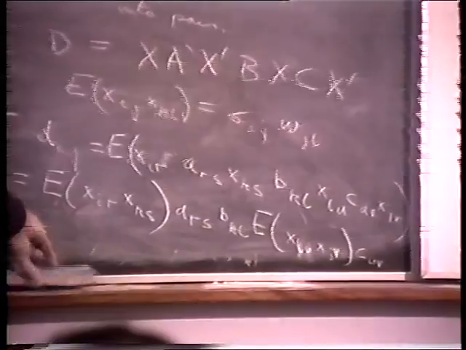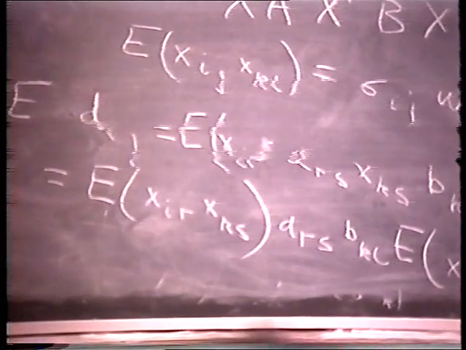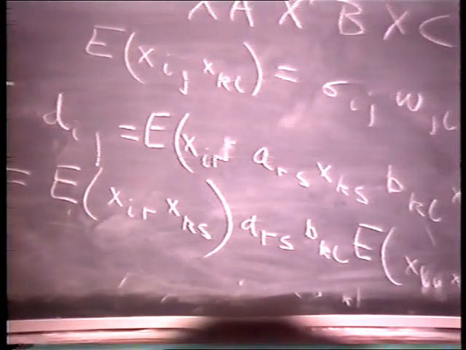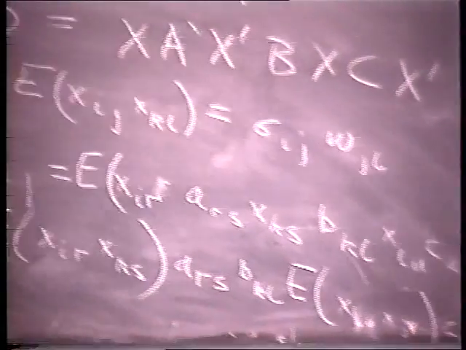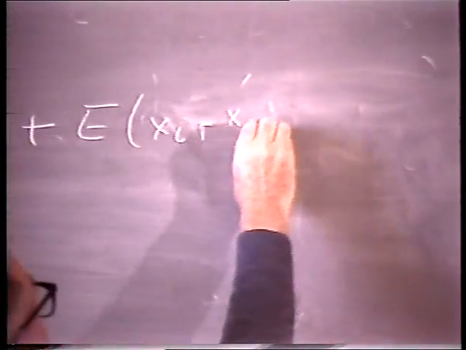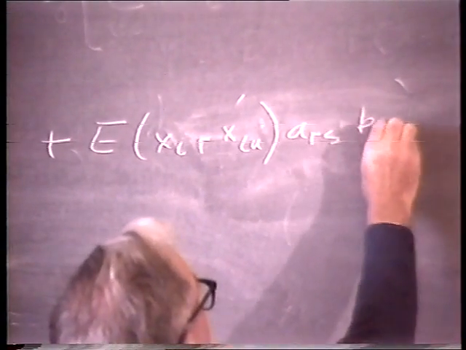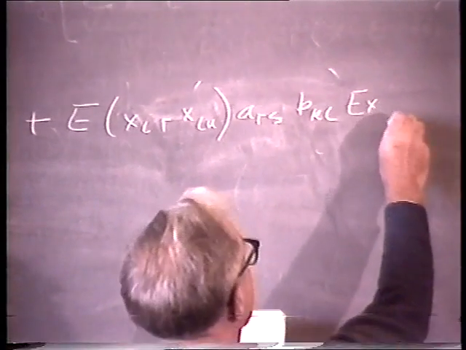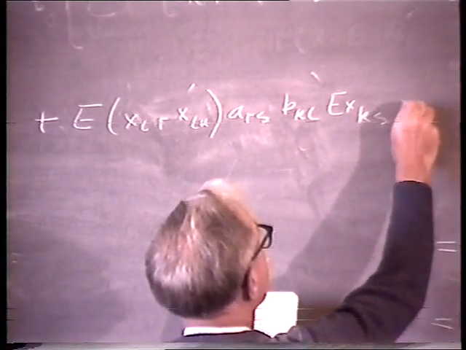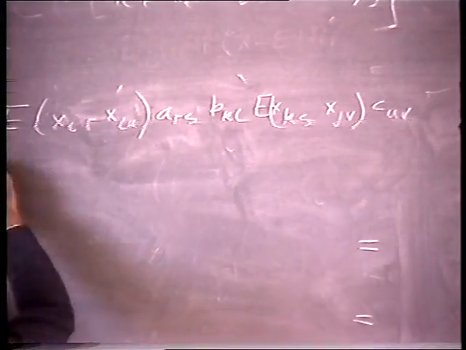Let me move back again, clear the blackboard, and write down the remaining two terms. Plus expectation XIR XLU, and then as before ARS BKL, then expectation XKS XJV, and CUV again at the end, CUV, plus expectation